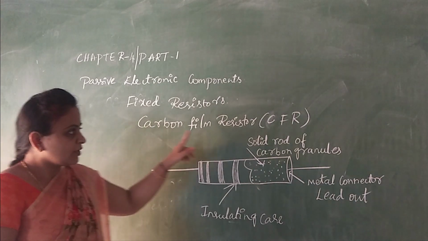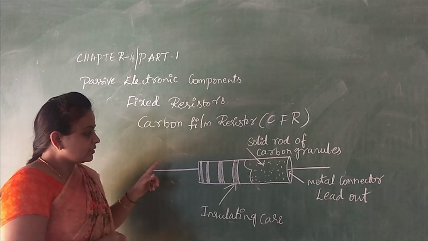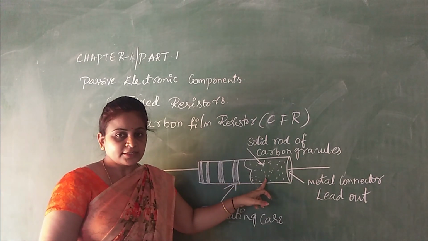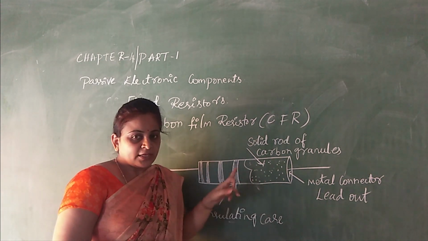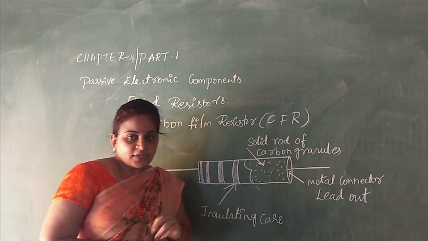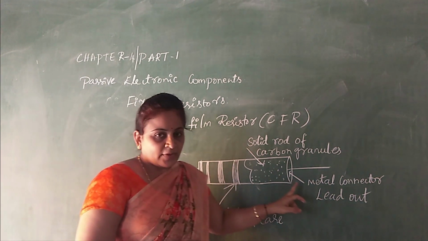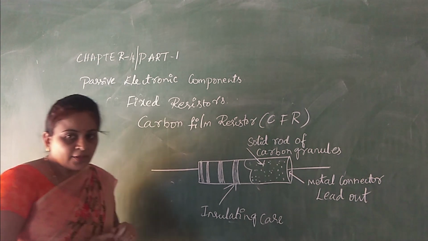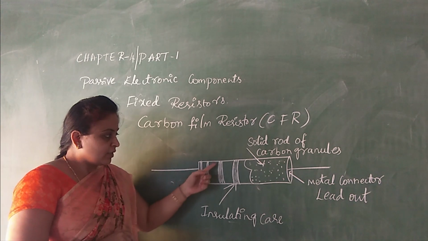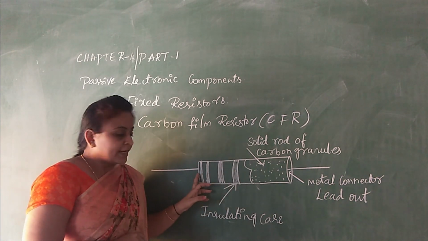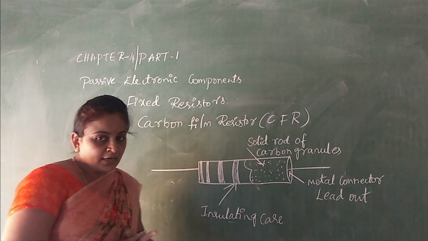First one is carbon film resistor. Carbon film resistors are made by depositing fine carbon on a cylindrical ceramic rod. This deposited carbon proportion will give the exact value of the resistance. Next, metal caps with tinned copper wire leads are used for the external connections. Next, non-conductive material will be coated over the resistor for insulating purpose as well as mechanical strength.